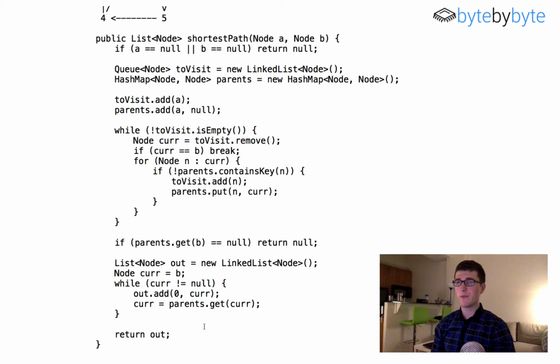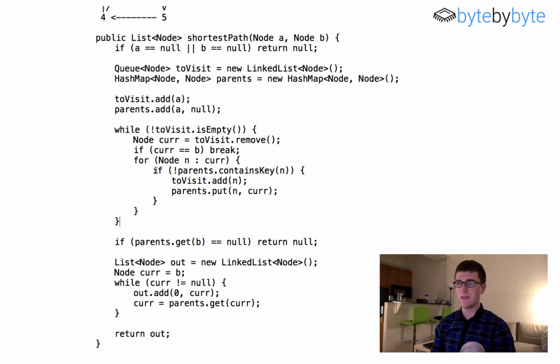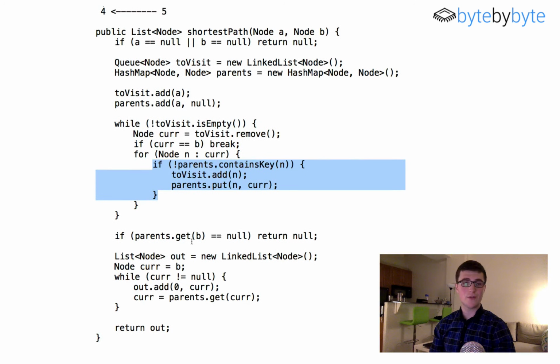Just very briefly, runtime for this. Since we could potentially visit every node once, the runtime for this is going to be big O of n time. And we're not going to visit the nodes more than once because of this thing that we missed earlier on, but we fixed. And then in terms of space, it's also going to be big O of n, because